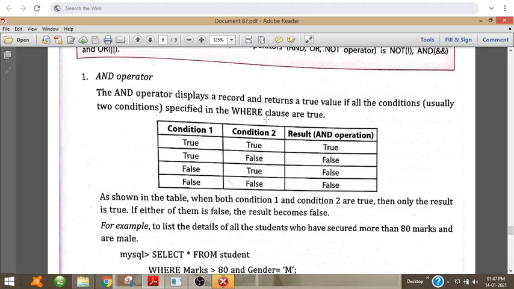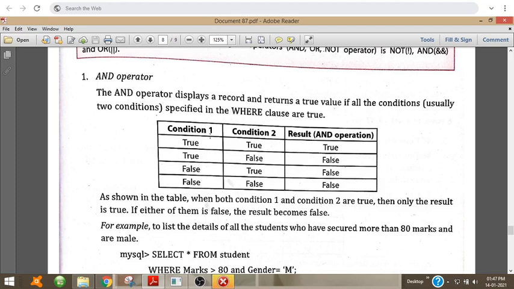In and, both the conditions should be true, then only the result will be true. If condition 1 is true and condition 2 is false, the result will be false, because and means both conditions are included. A and B means both A and B are included.